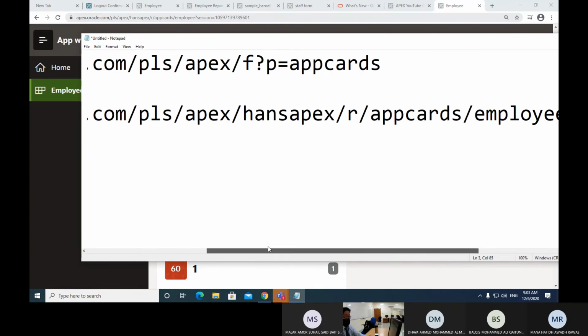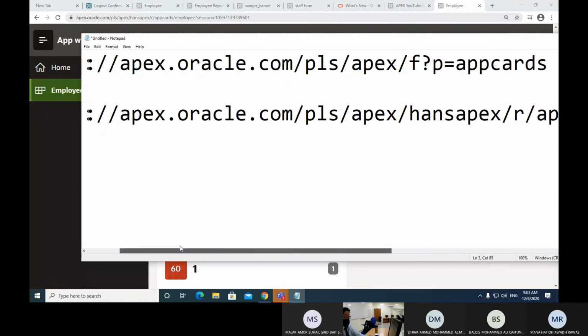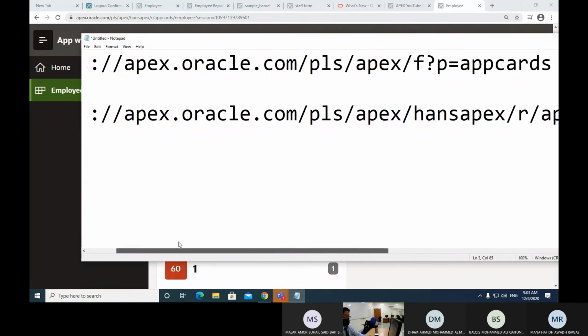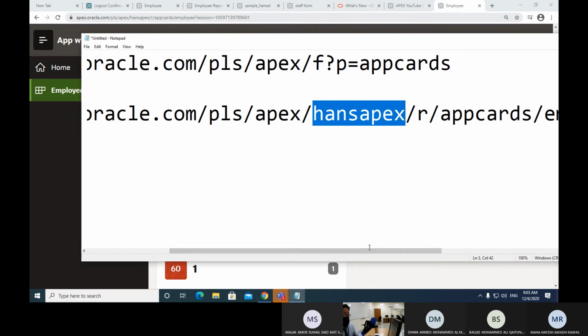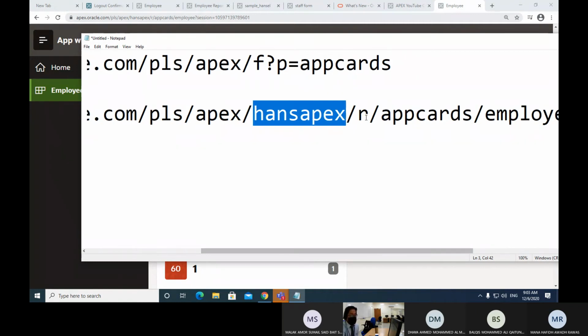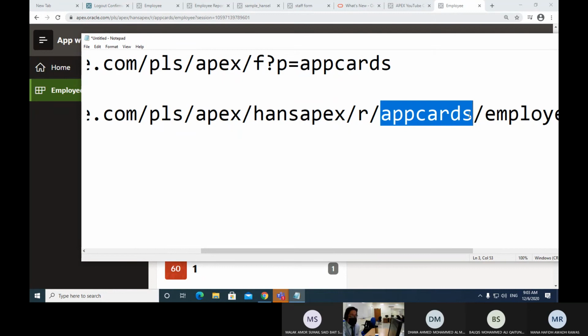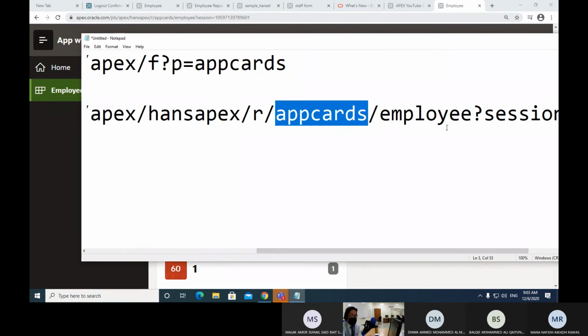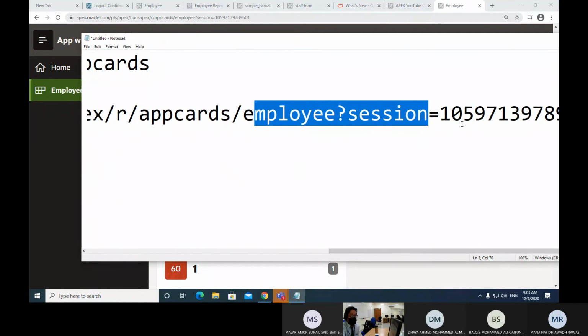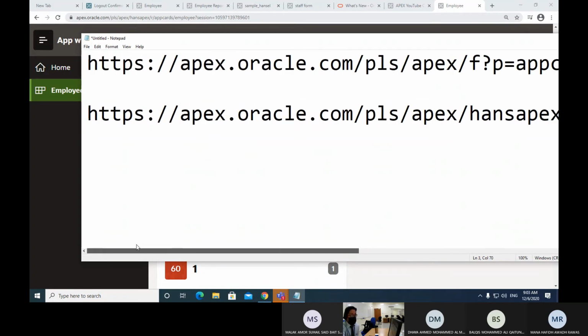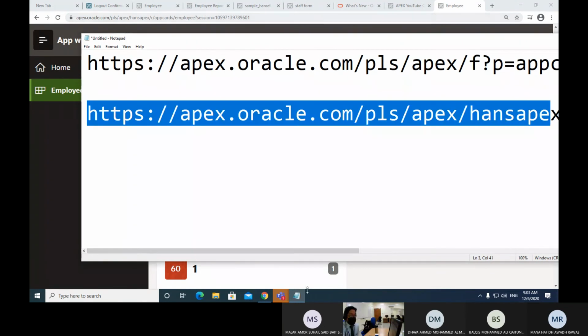See, after login, this is the new added path when you set a friendly URL. There will be the name of your workspace, and just added some path R, and this is the alias, right? And of course, after this, these are the sessions after login. Otherwise, you can only see this randomly because these session tokens are all encrypted, right? So I think this will run the same as what I have shown you on the top